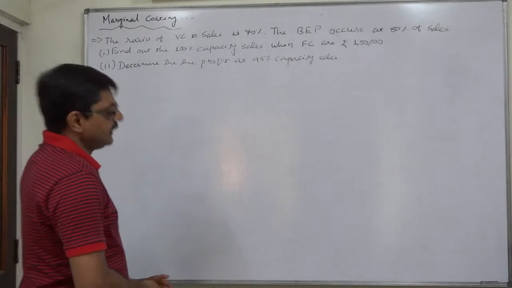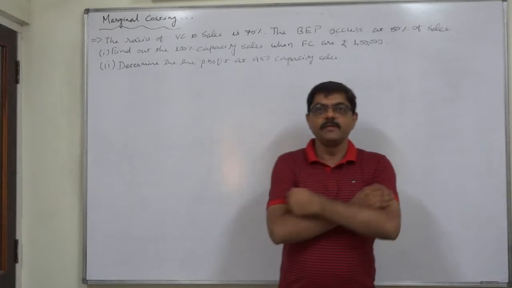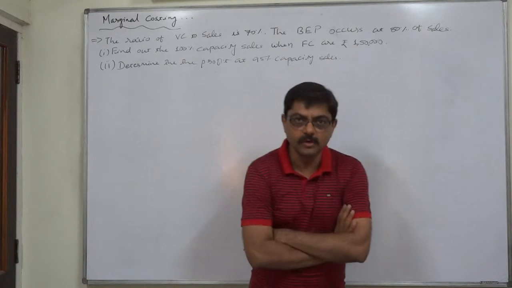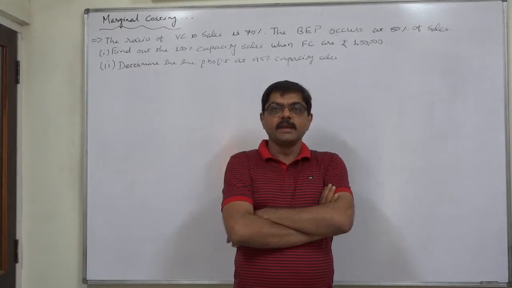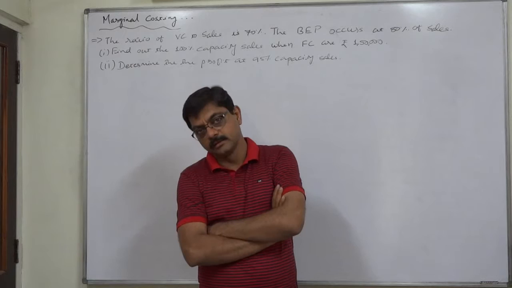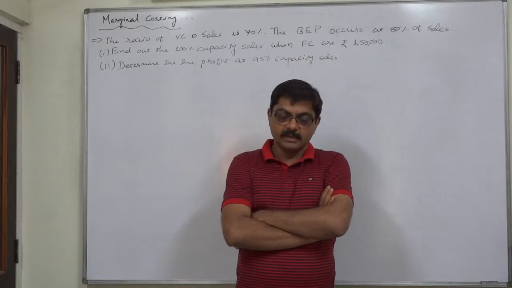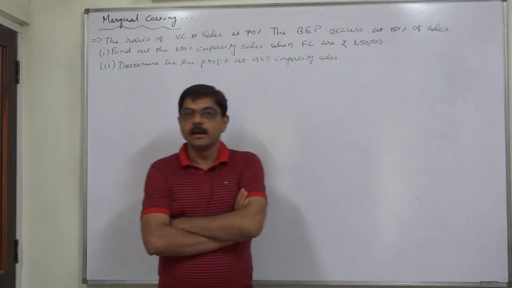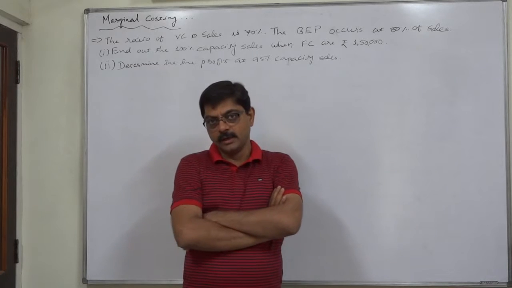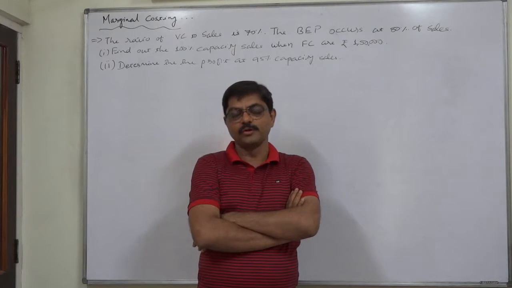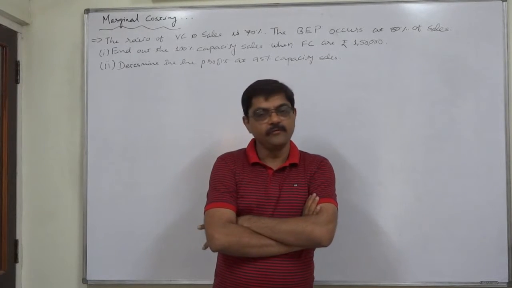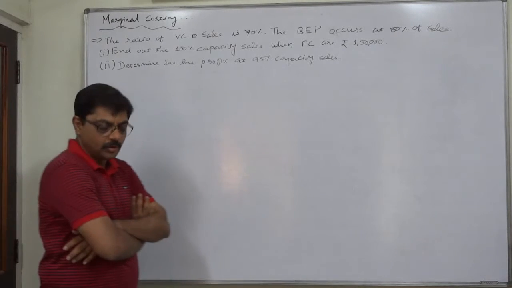But first of all, in this problem there is no information regarding selling price per unit and variable cost per unit. So we cannot have the contribution per unit. So we cannot use the formula of BEP in sales having contribution per unit as denominator. Then what? Under this situation, we can use the formula having PV ratio as denominator. But how to find the PV ratio? Because to find PV ratio, we should have contribution and selling price or sales. But in this case, there is no information about sales or contribution or variable cost.